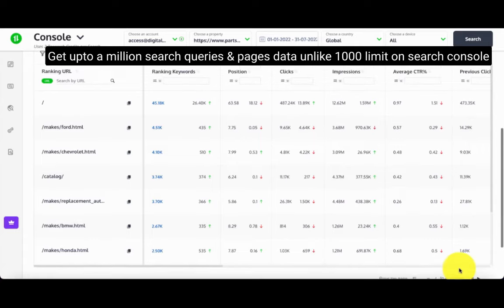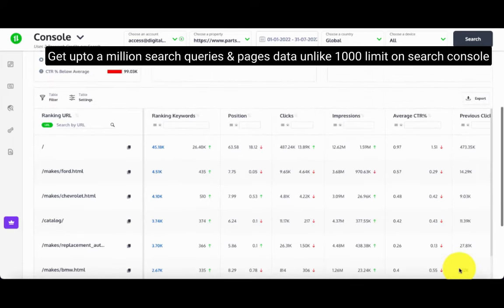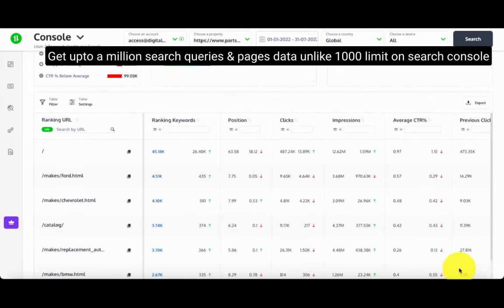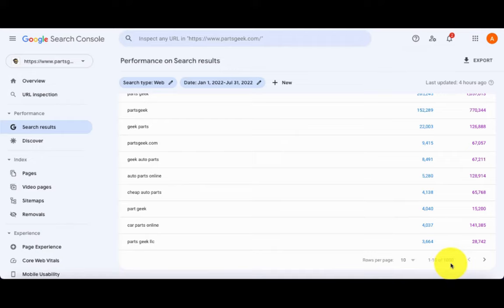So with this tool, you will be able to access all your thousands up to a million of queries and URLs that bring traffic to your website, not limited to just 1000 rows like you get on Google Search Console. And with this method, you'll maintain a lifetime repository of your valuable data till the time you keep your account